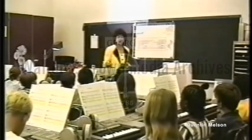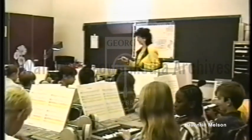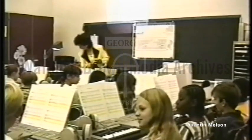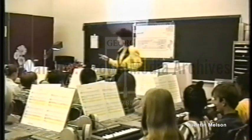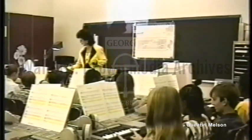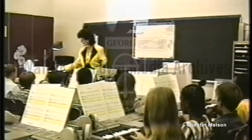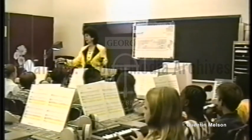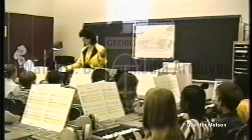Would you locate on your keyboard low G and high G? Those 2 sounds, low G and high G. Okay, as I point to it, would you play? 1, 2, ready, play. Good. Let me hear the difference between low, high, low, high. 1, 2,